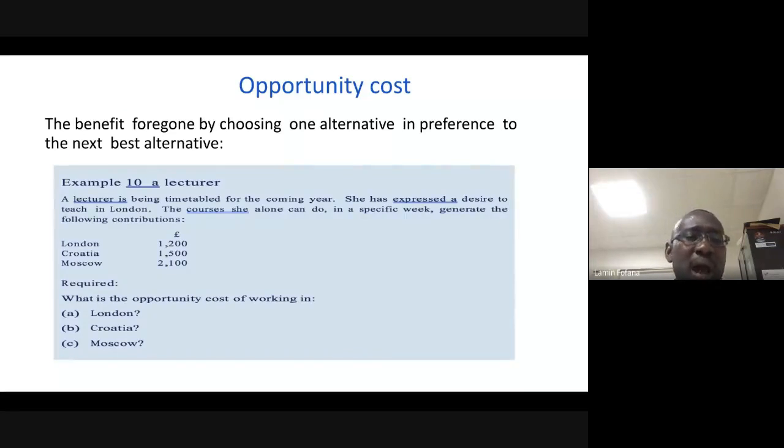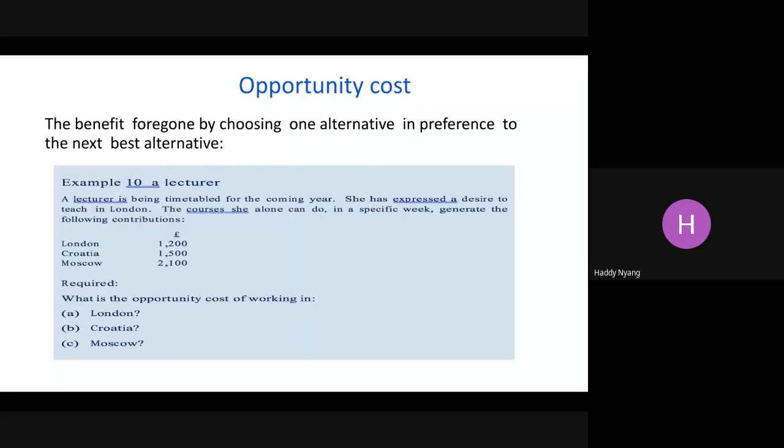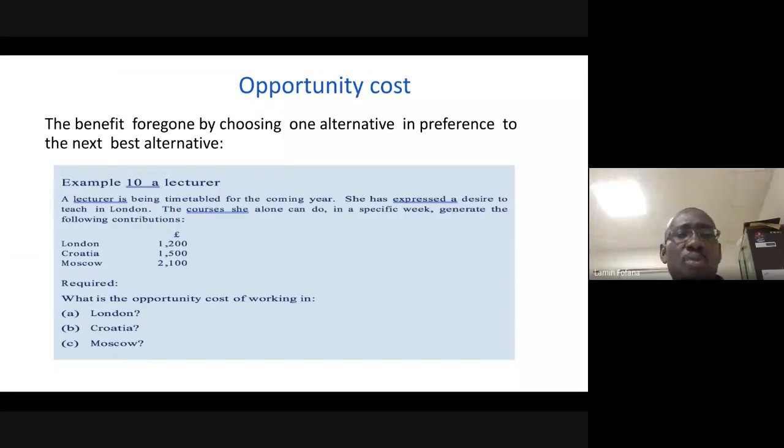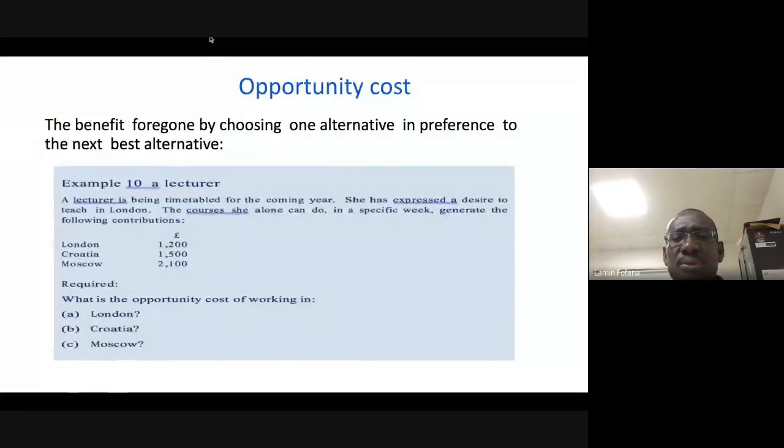Okay? So what about the opportunity cost of working in Croatia? It's also Moscow, because